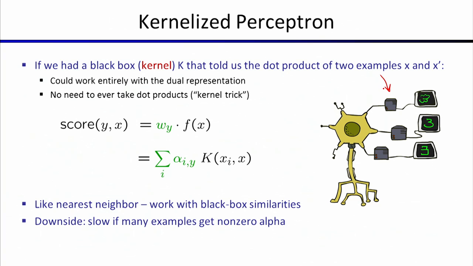And this lets you run your perceptron. The upside, you don't need to be able to phrase the features. You can just jump straight to the dot product or similarity. The downside is every time something goes into this perceptron, it has to check its similarity against all the training